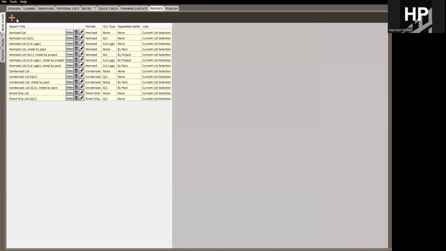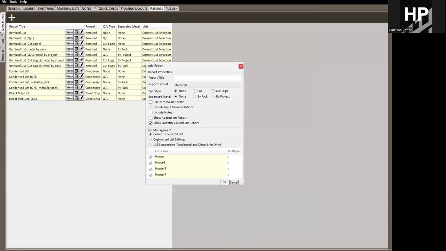Now, as we step further down into this area, this is where you might be able to leverage further. If you have multiple lists, maybe especially pushing into more of that commercial space, you have like a building one, building two, building three, or maybe it's like a community where you have two or three different house types and you're going to build one version over here, one version over there, and 5 versions of that over there. If you're wanting to get a report that goes across lists, you can, as long as you're in a